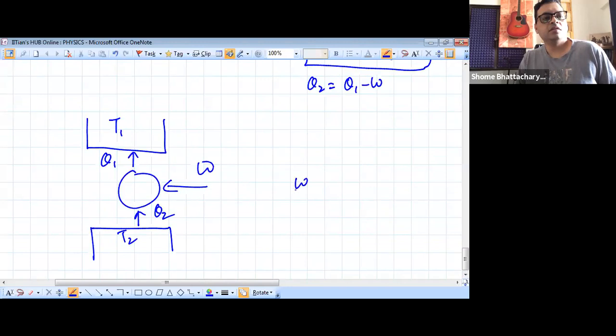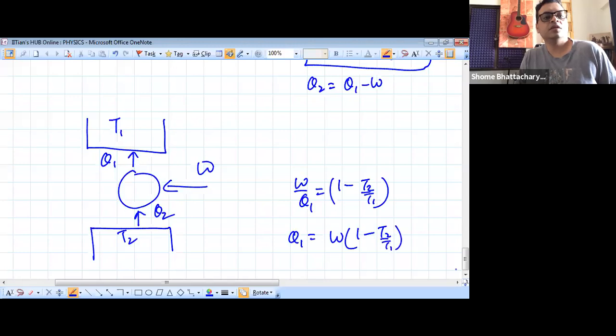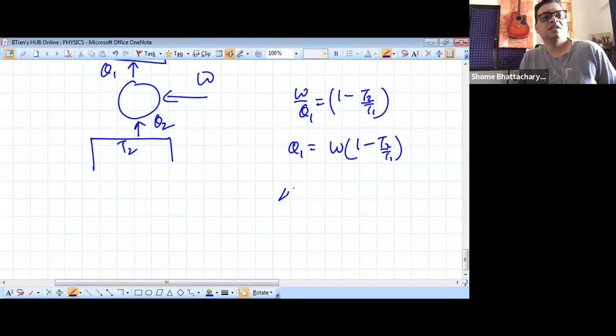So again, W by Q1 is equal to 1 minus T2 by T1, so Q1 will be equal to W divided by (1 minus T2 by T1). So delta Q1 by delta T, this is the rate at which heat is supplied into the room, into the building,